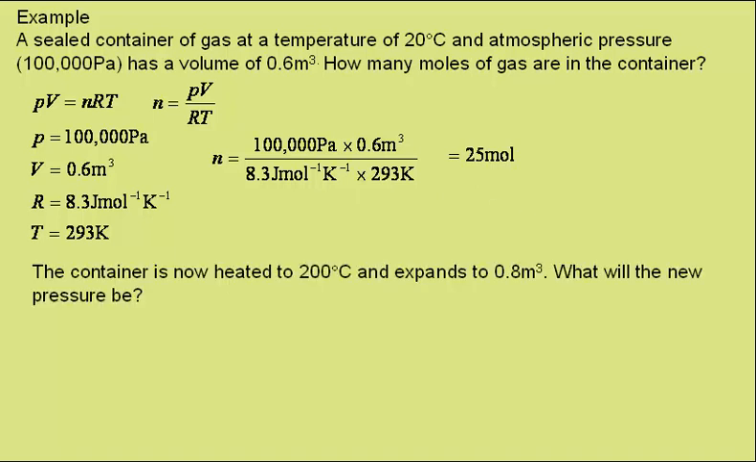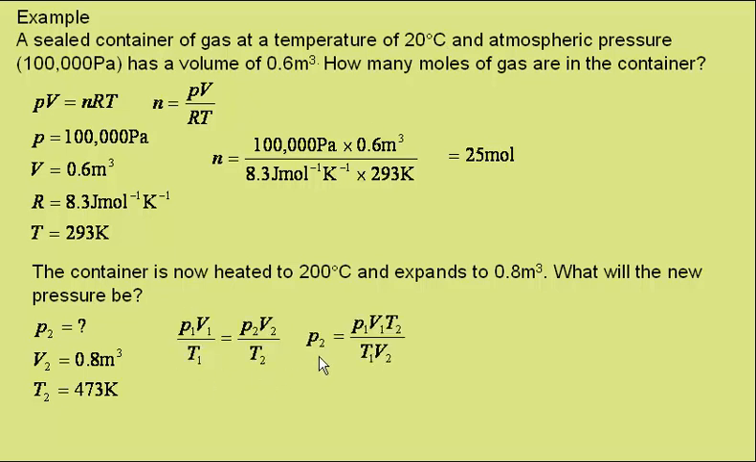The container is now heated to 200 degrees Celsius and expands to 0.8 cubic meters. What will the new pressure be? Well, for this we need pressure 2 given volume 2 and temperature 2. And from this example we can take pressure 1, volume 1 and temperature 1. So we can use this expression,